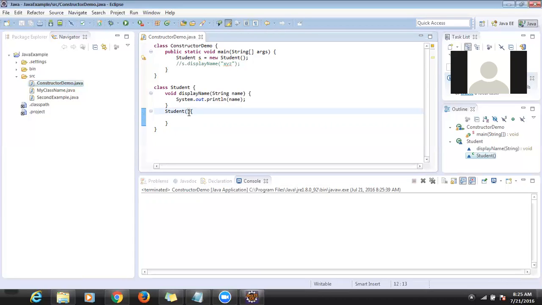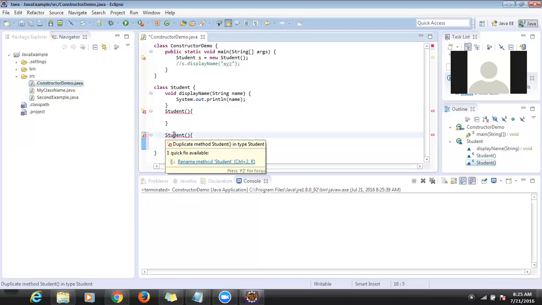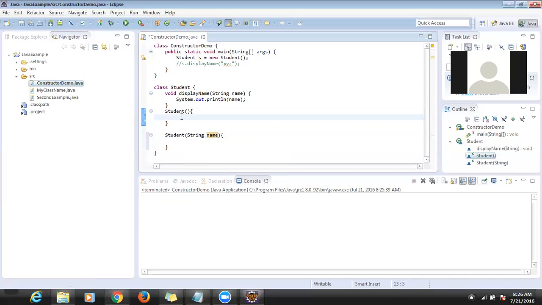Say for instance you want to create your own constructor. The same rules apply here also: there is no return type, the constructor name should be the same as the class name, and arguments you can give as per your wish. So there are two constructors here. One is a default constructor and one is your own constructor. In your own constructor, you can write whatever you want. Here I'm writing, I am from